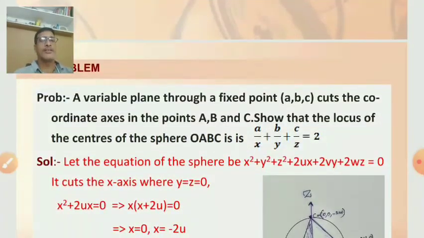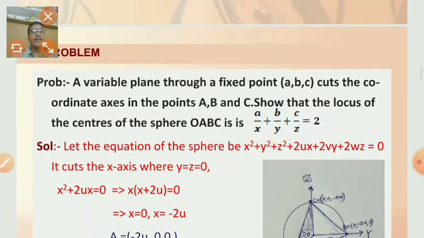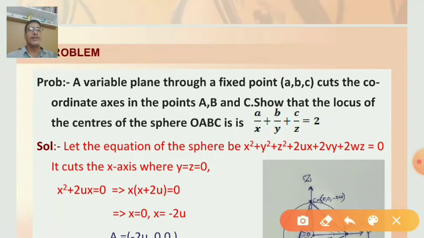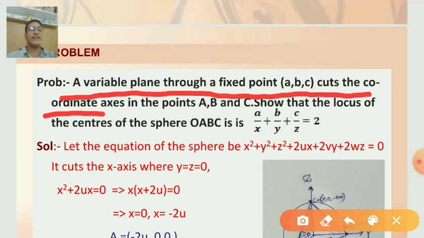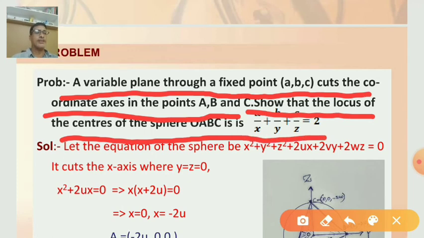So here you can see a problem. What is the statement of the problem? You can see here. See this. A variable plane through a fixed point (a, b, c) cuts the coordinate axes in the points A, B, C. So what we have to do here? Here we have given a variable plane which is passing through a fixed point (a, b, c), and also the plane cuts the coordinate axes in the points A, B, C. Show that the locus of the centers of the sphere OABC is a by x plus b by y plus c by z is equal to